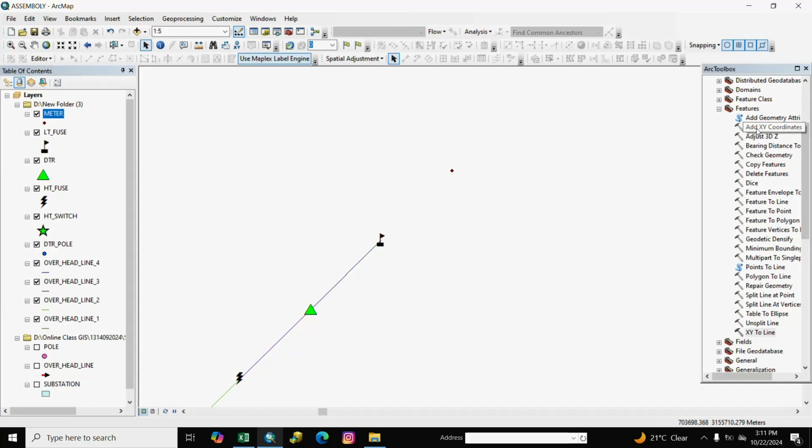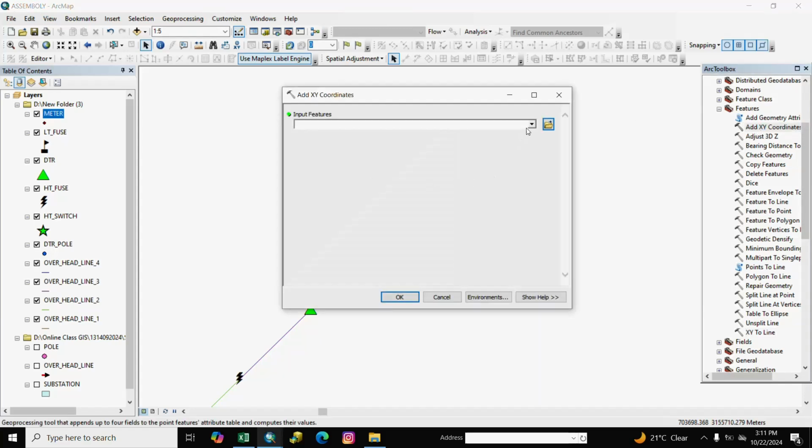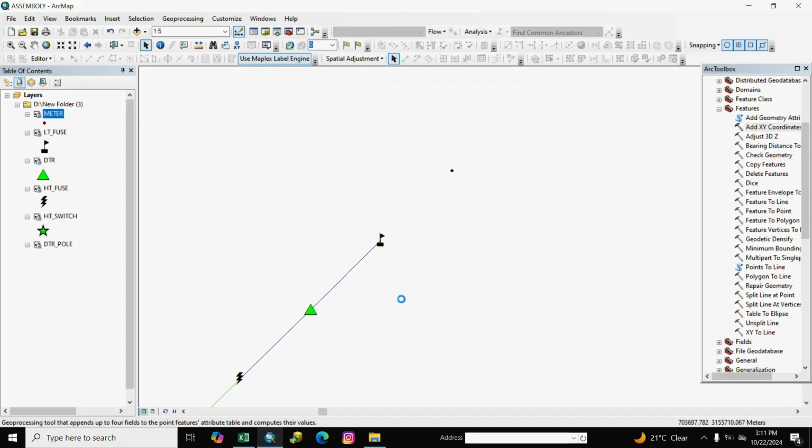And we add XY coordinate, meter, and OK.